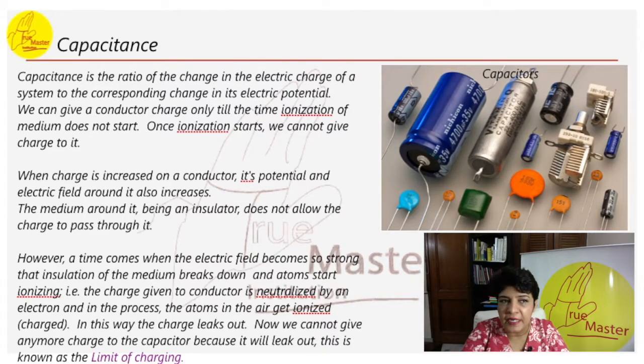We start with the understanding of the capacitance of a conductor. That is, what is the limit of charging? Now, if we have a conductor and we keep charging it, there is a limit. Let us understand this in detail. The limit of charging is the maximum capacity a conductor can hold, after which the charge will overflow out, which we call charges leaking out of a conductor.